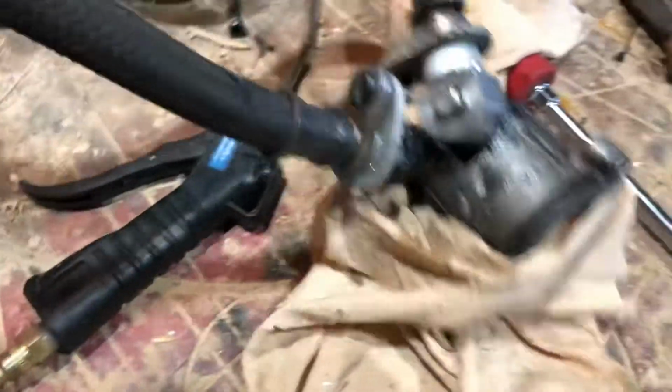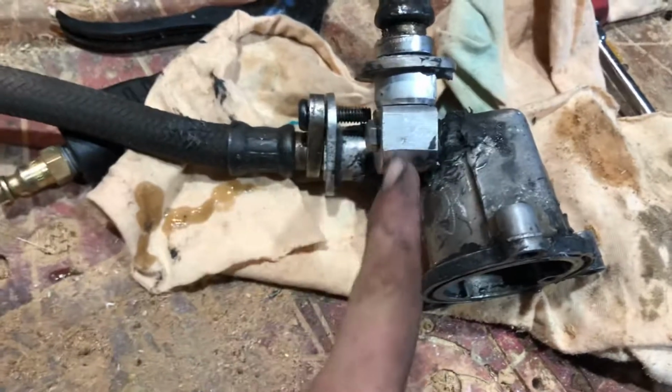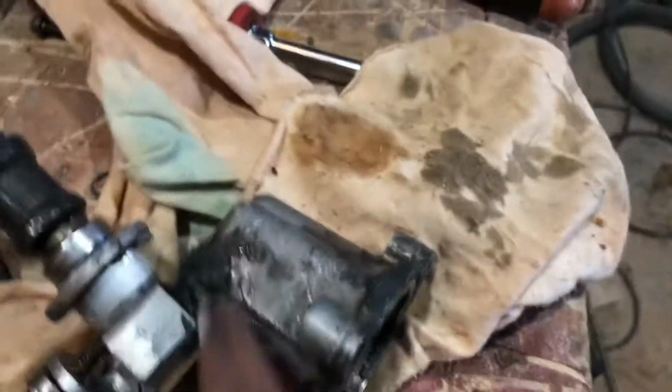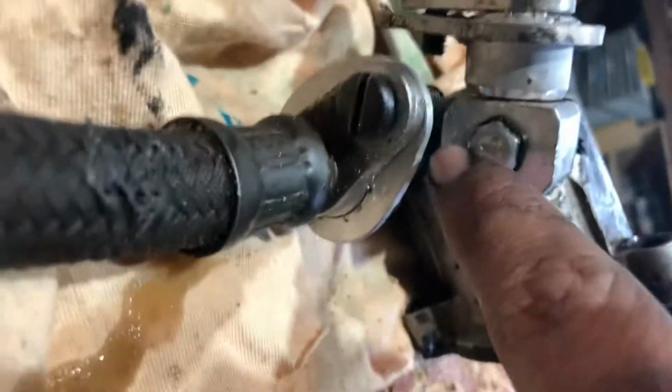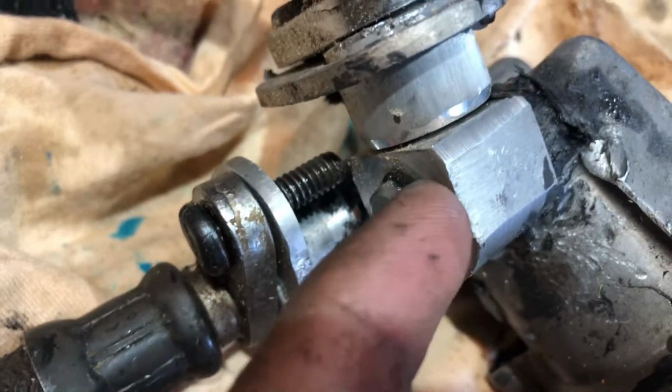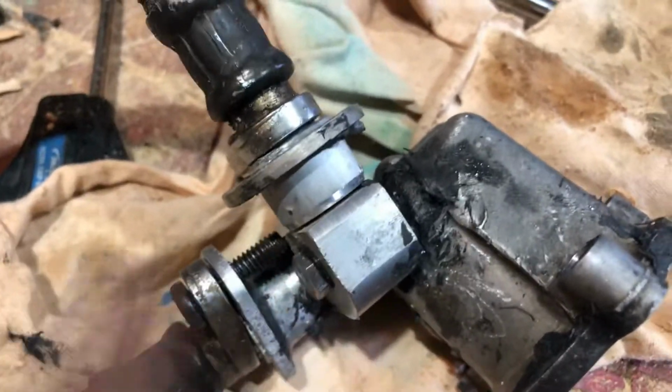For the other one, I had to get a little creative, because I need to come out at an angle, and it broke off. And I couldn't just have a straight one coming out because there's not enough room for the hose. So I basically turned this one down on the lathe, added a smaller screw to thread into the broken off place, drilled all the way through for oil to pass through, add this bolt here just with a little gasket on there so it seals that hole,